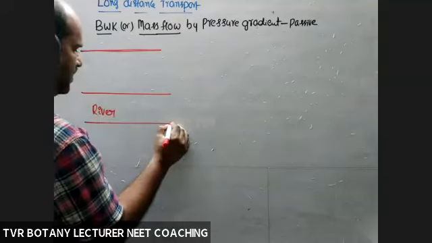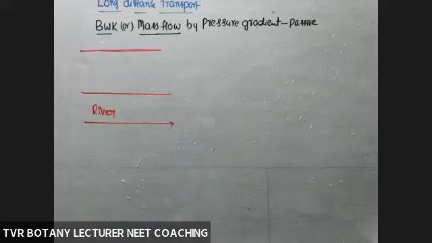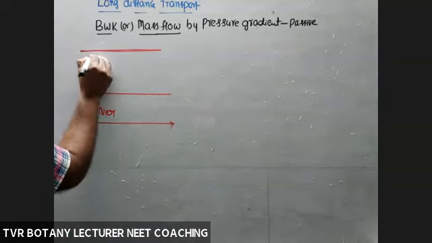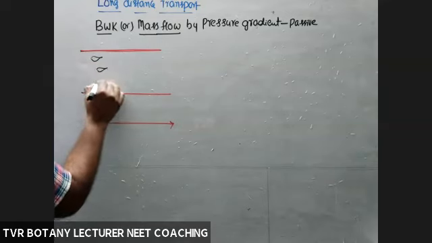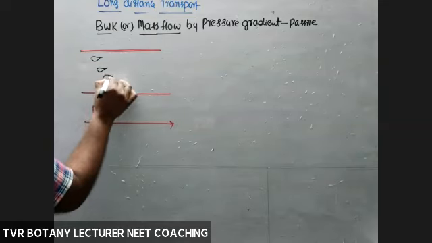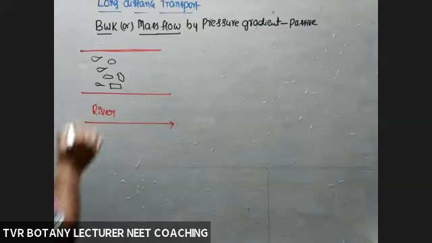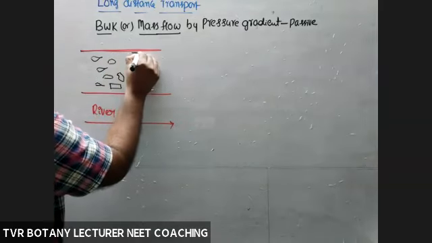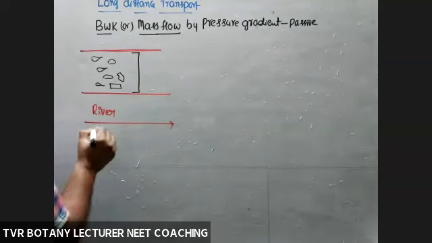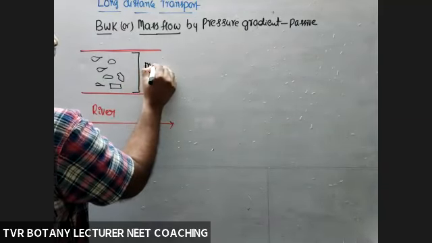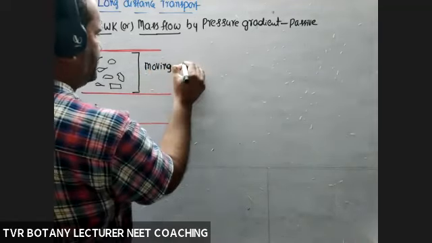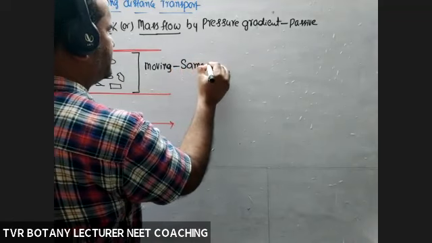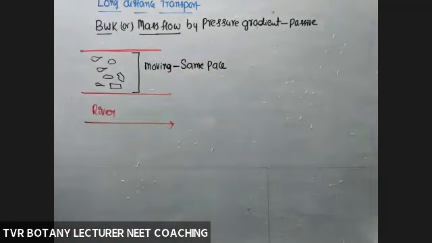And this is the direction of movement of that water body. Okay, so on the surface of this water body, a number of materials are present. Leaves, for example, a number of leaves of different sizes, wooden pieces, plastic, a number of materials are present. So all these materials, irrespective of their number, are moving en masse. That movement is with the same pace. Same pace means same velocity. Same velocity. All are moving together, en masse movement.